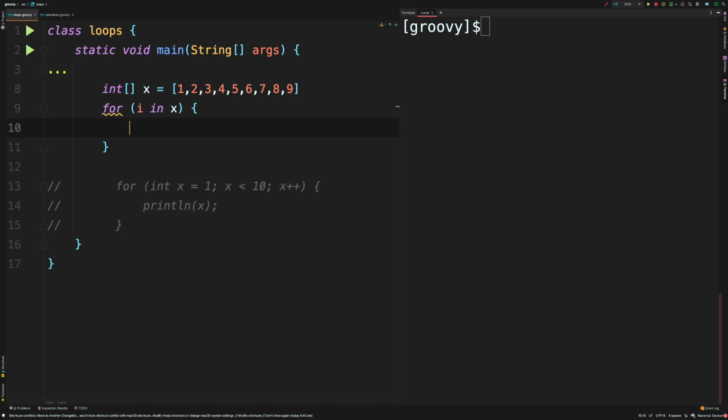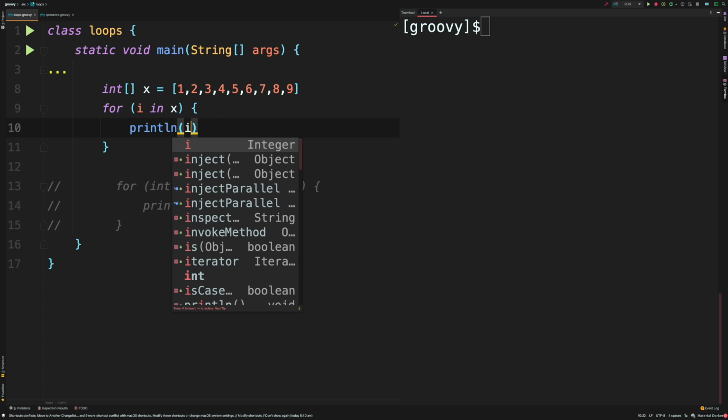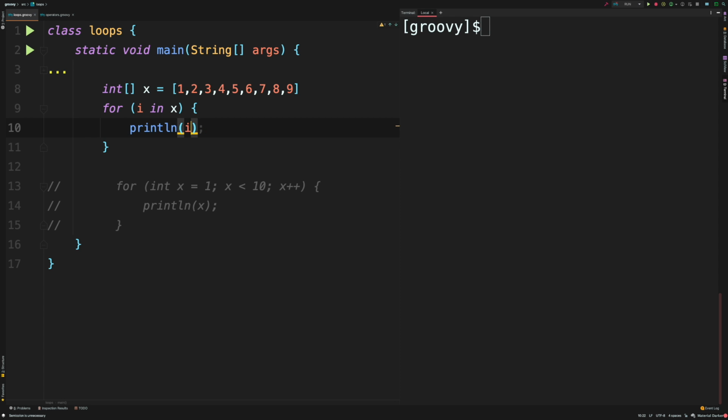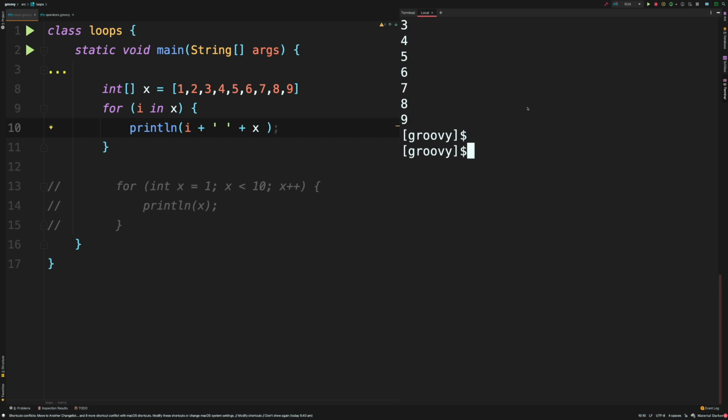So if I do something like println i, and then actually we can add that x as well here, i, and then we can also add an empty space and then plus x. Okay, let's run this code and see what happens.